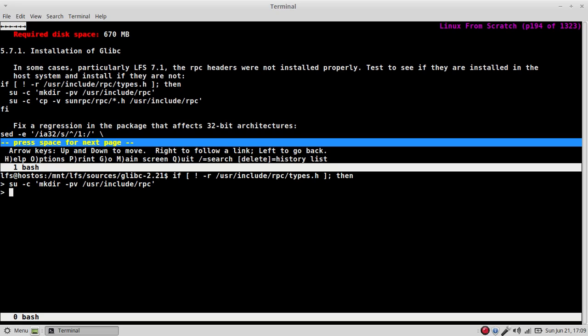Okay, and su c copy verbose sunrpc / rpc / all .h files to user include rpc. We'll check that,